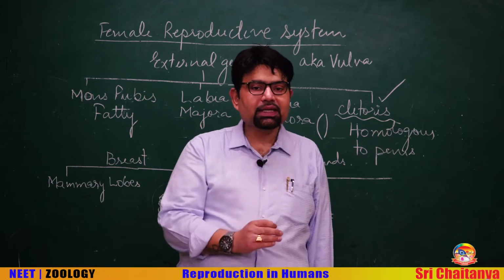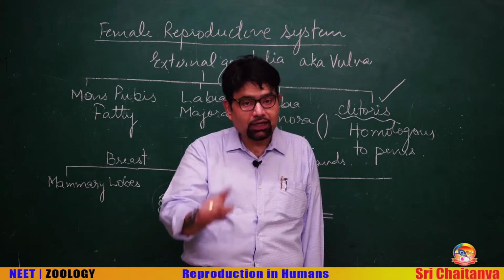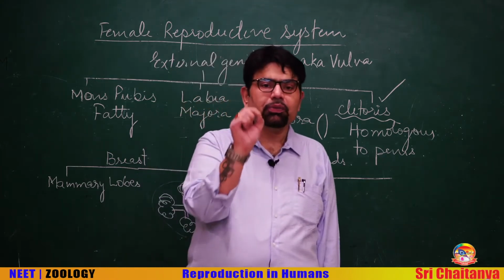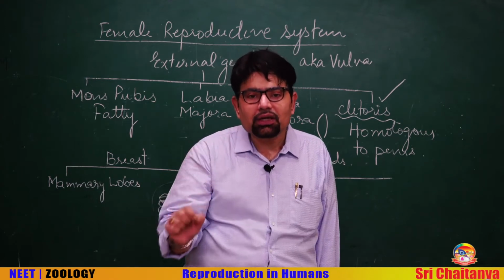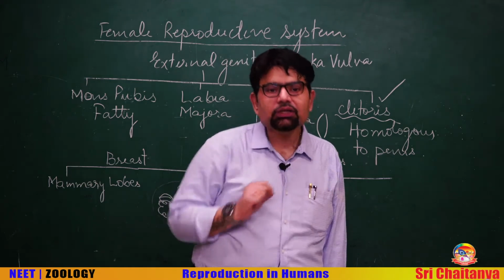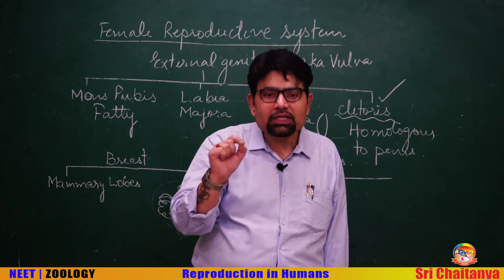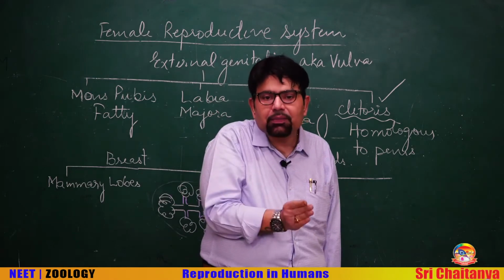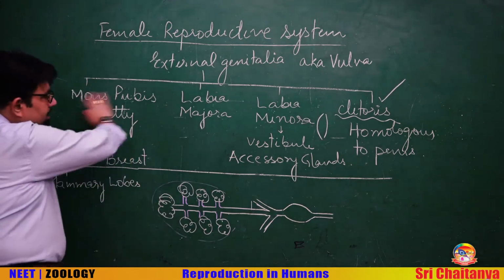Some important glands are Bartholin gland, one pair of Bartholin gland on either side of vaginal opening, and small openings of small glands known as paraurethral gland. As the name paraurethral, they open around the urethral opening, and all these glands opening are in the vestibule, and vestibule is the area which is surrounded by labia minora. Now, this is what is there in the pelvis.